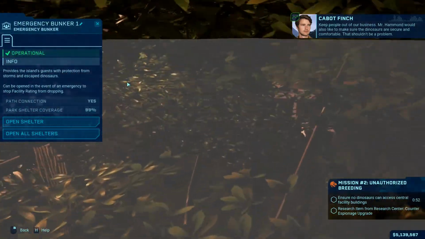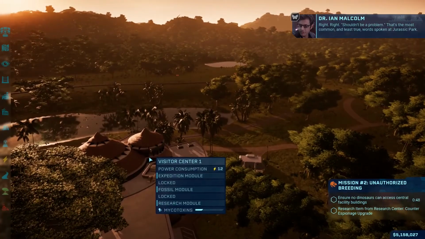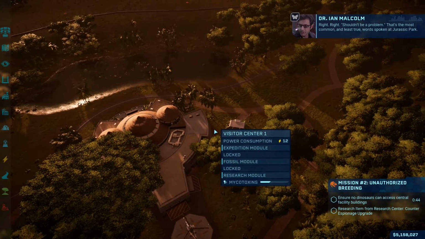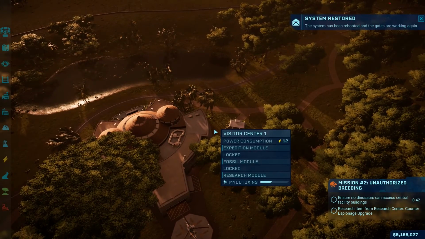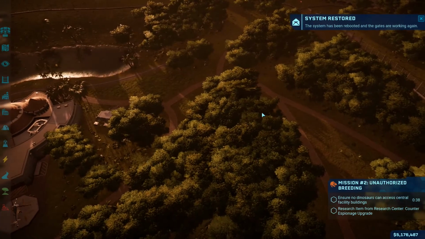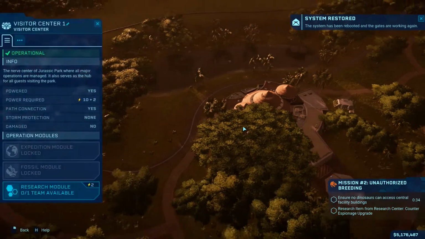Well, that shouldn't be a problem. Right. Shouldn't be a problem. Yeah, that's the most common and least true words spoken at Jurassic Park, I'm sure. All dinosaurs have access to central facilities for 40 seconds. Yep, we got that. Research item, research counter espionage upgrade,